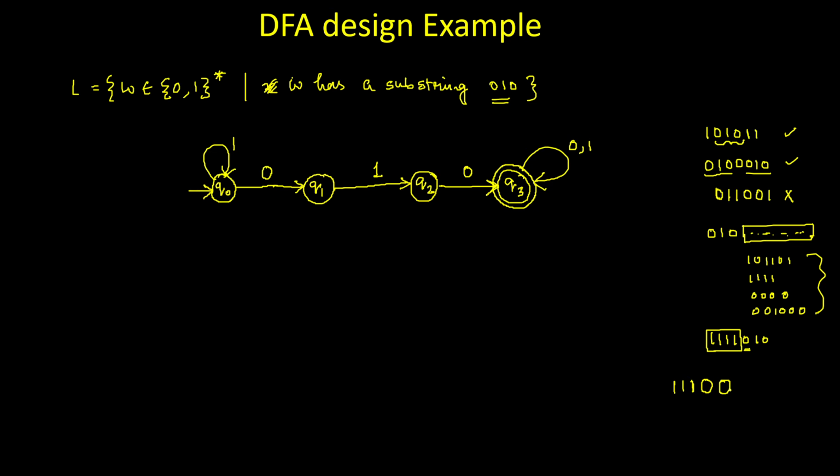That means still my hope is not at an end. Still I can hope that I will get a substring 010. Since I can hope this, that means for a 0, when you are staying on Q1, and if you get a 0, you should not go anywhere. You should stick on this Q1 for some time till you are getting a 1. You will remain in this state,